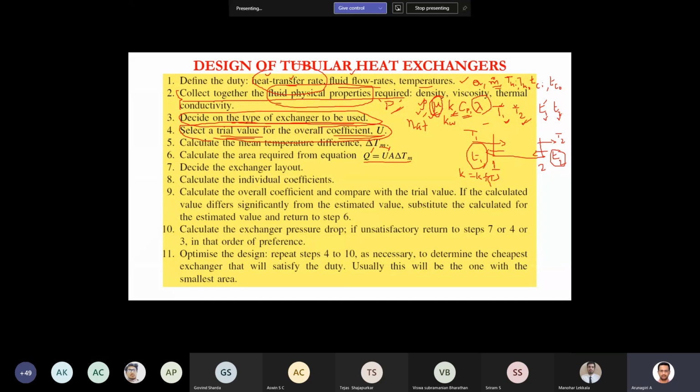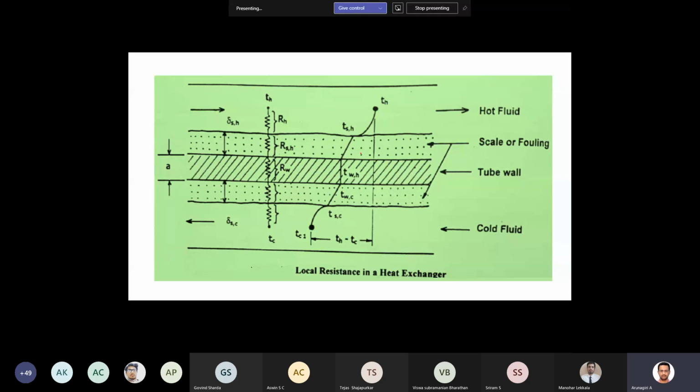So the overall heat transfer coefficient you have to use here, okay. That will give the resistance. This U is the overall heat transfer coefficient, how much heat is conducted. Heat conductance is explained by this overall heat transfer coefficient, okay. So we know what all the resistances are. For example, if you see this diagram, let's take shell side and tube side.